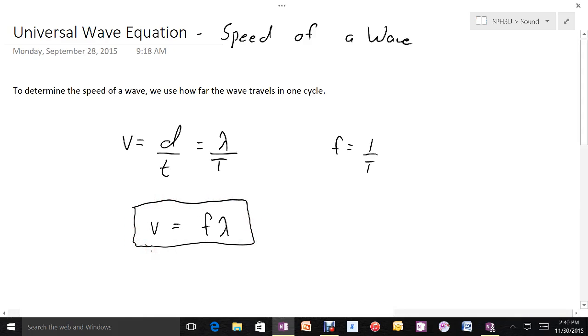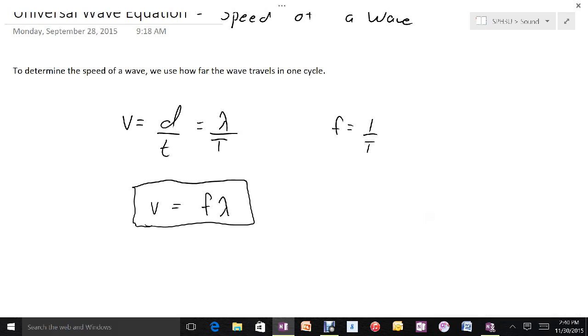And I think if we think about it and we try and imagine a group of soldiers marching, then I think we can come up with this equation in a little bit more of a common sense way. If I told you, for example, that your marching group takes 2 steps per second, that would be like the marching group's frequency.